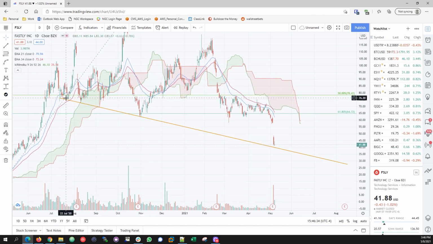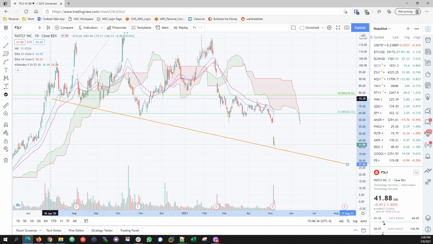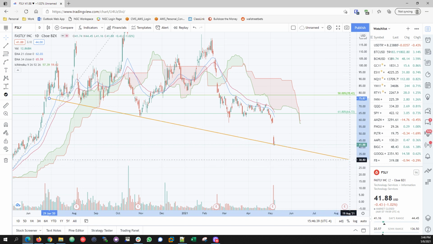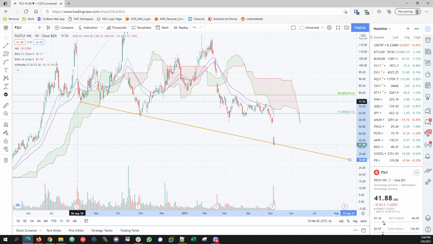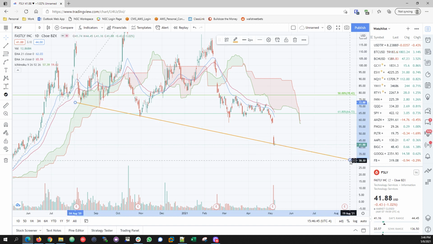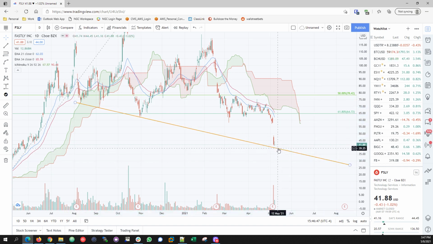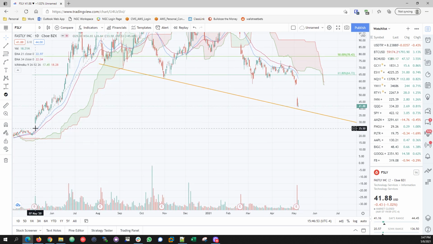It's a basic trend line activity going on here. You can even fix it this way, it doesn't matter. Yeah, there you go. Okay. You could do it starting from here and do something like this. Okay. Either way, it needs to hold even 39 right around here. If it doesn't, then you're gonna have a huge gap down here at 25 area.